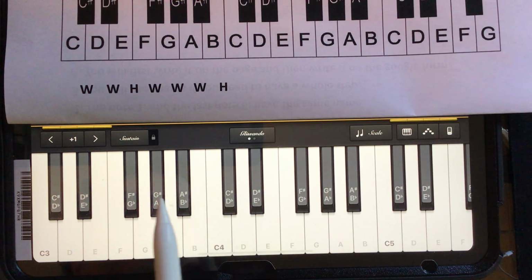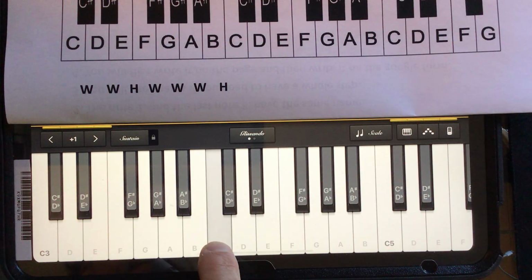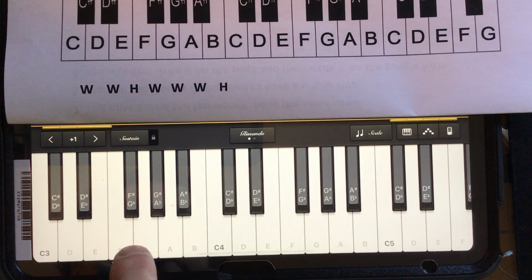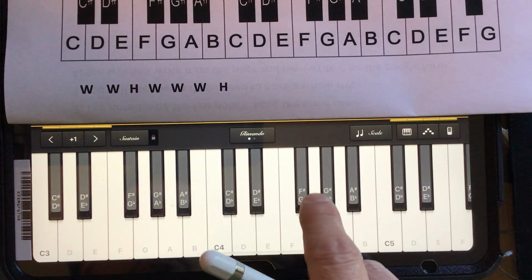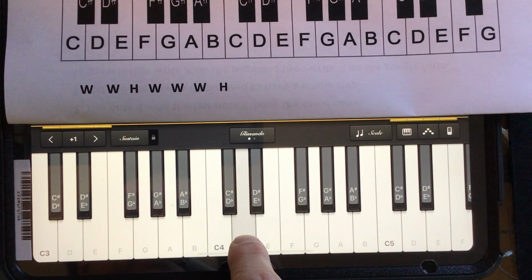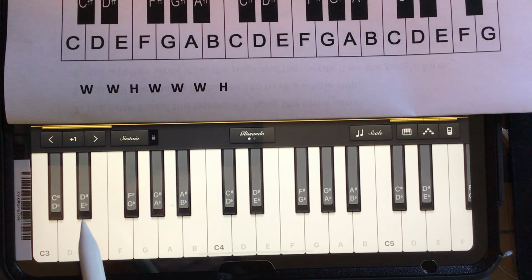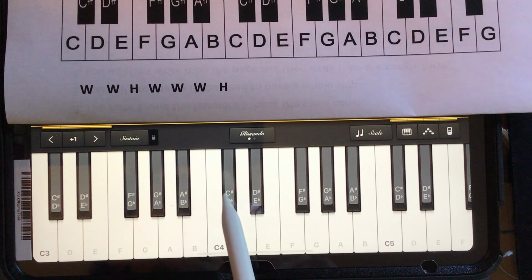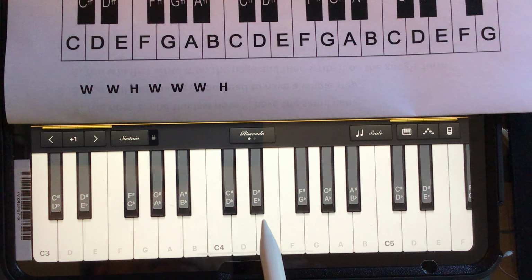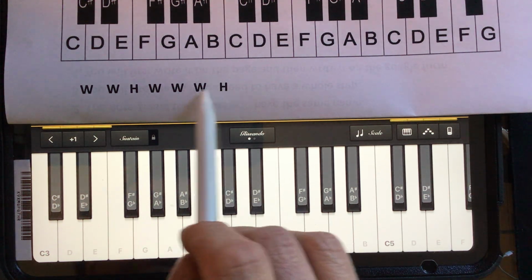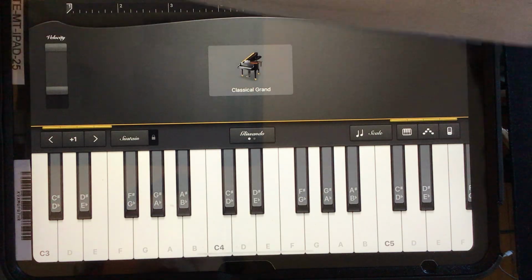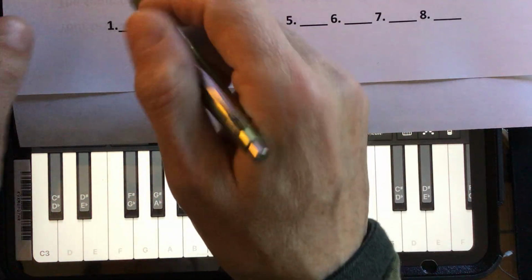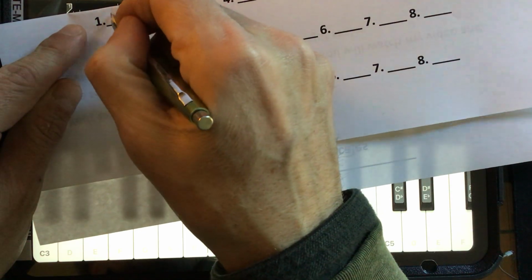I'm gonna start from E. So far I've started from C, there are no black keys. I did G, there's one. I also played D that has two black keys. I did A that had three black keys, and now I can do E. Whole step, half step, whole step, whole step, whole step, half step. Okay, so if you follow this, given any scale, if I write here, start from, for example, D,